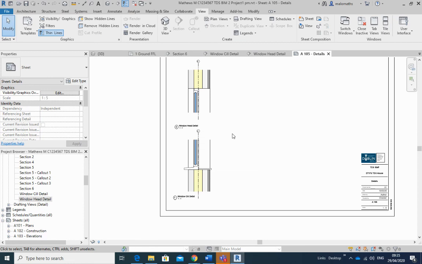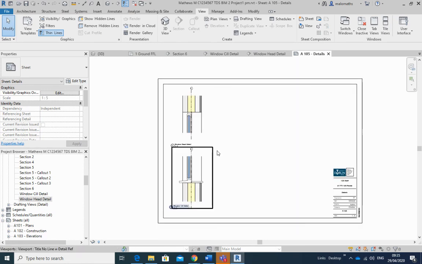Now, that's part one of this session. So you've got those two set up. I'm now going to show you how to populate them. And again, the advantage of this is that look at all the work that's been done for you already. If you went into a drafting view, you'd have to start from scratch, and you'd have to draw in the grid lines and